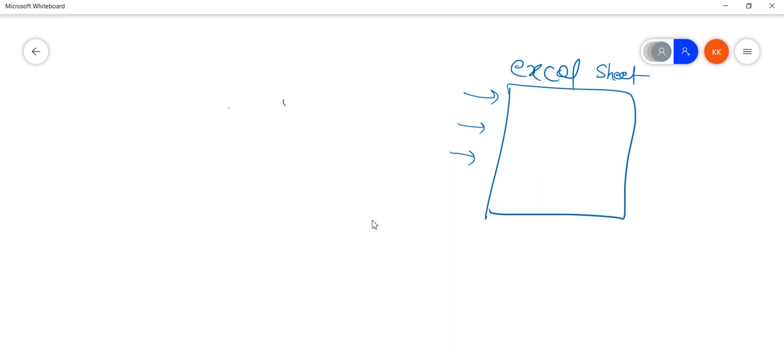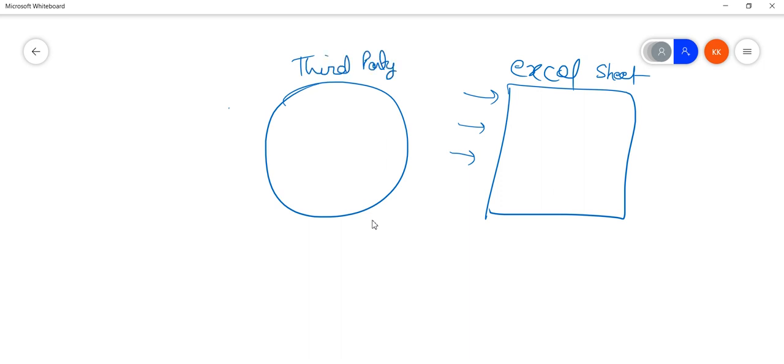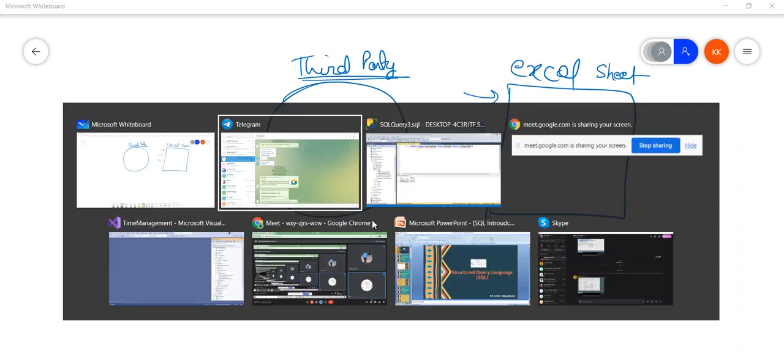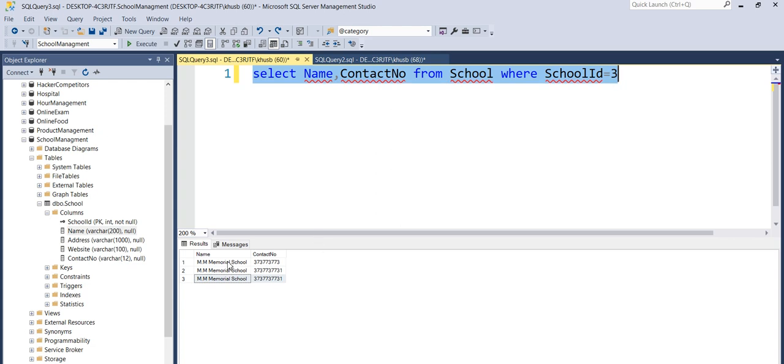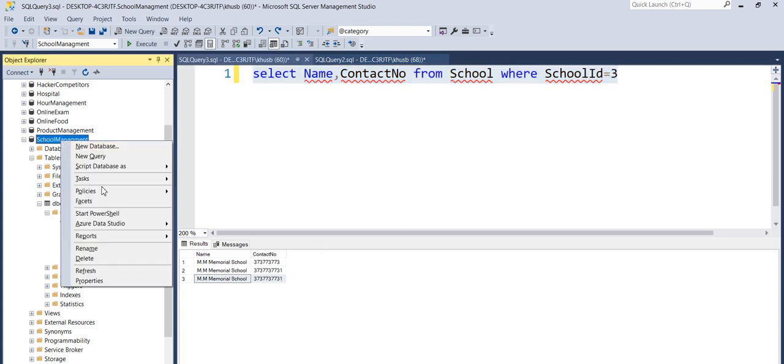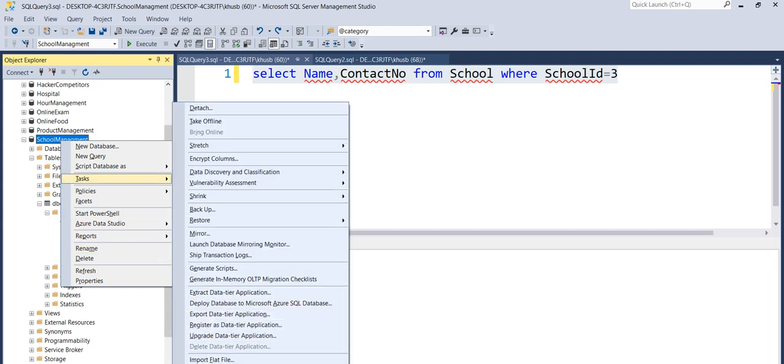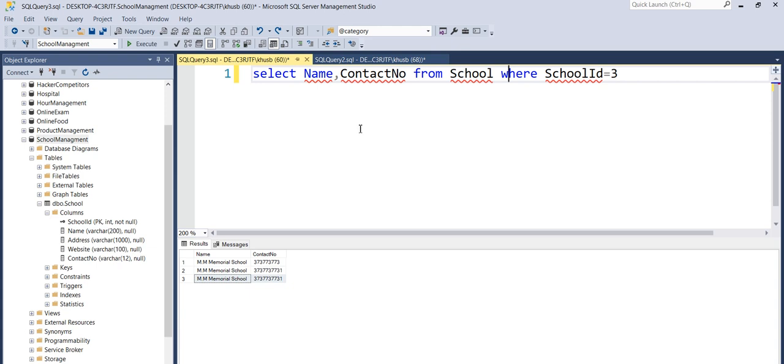Okay, actually for that we need to use some third party programming or some tool. For that we can also export this data. We have a section here, export and import. In the export and import section you can simply export all the data in the form of an Excel sheet or MS Access database. But for now that's an advanced topic. We just need to write within this tool, and we only get the output within this tool.